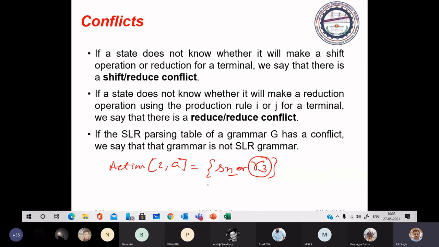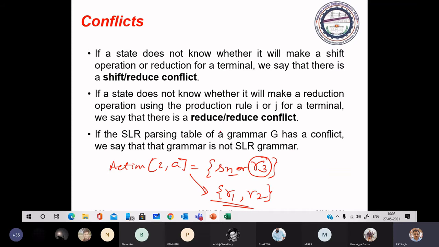You may have reduce reduce conflict also. Means this action may be like this, R1, R2. If we have multiple entries, two entries, R1 and R2 for the same position in the action field of the parsing table, in that case, the conflict is called reduce reduce conflict.